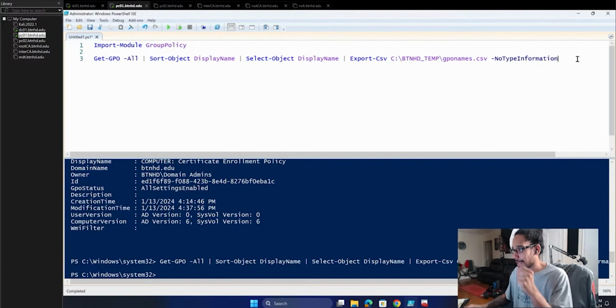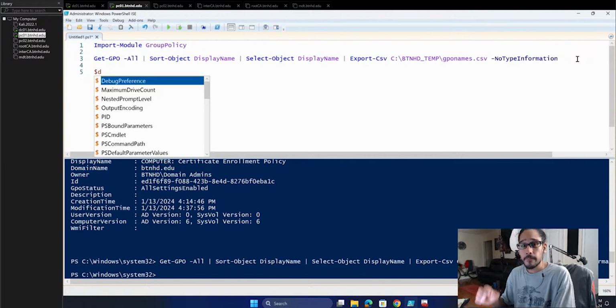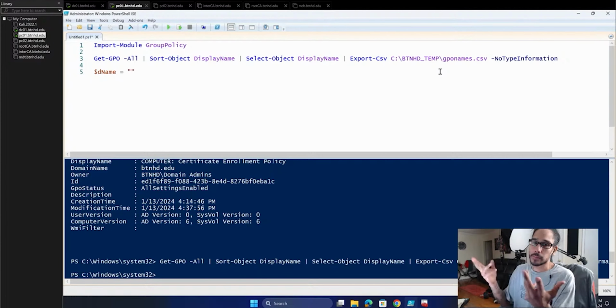Boom. Now the next command, actually I'm going to declare a variable. So let's do $ and D for domain name, you can call it whatever you want, equals to open and close double quotations. Now inside the quotations, what are we going to provide? You guessed it. We are going to enter our domain.